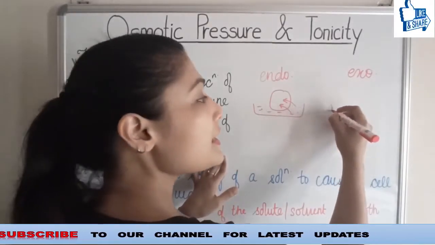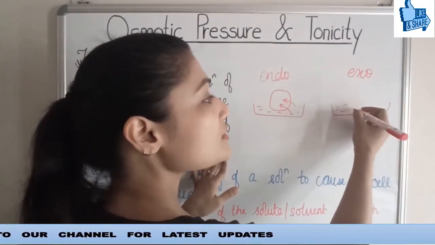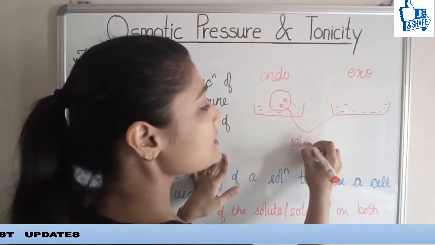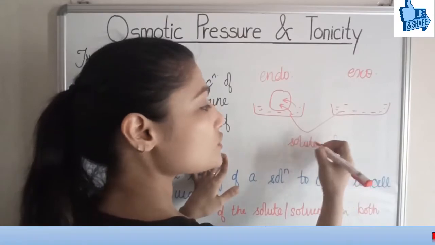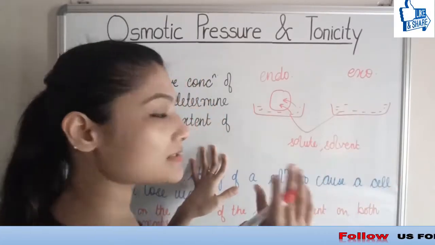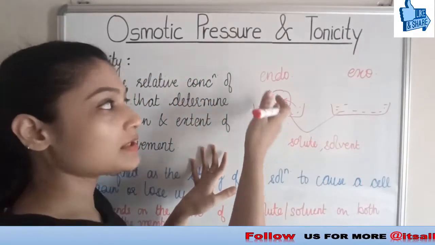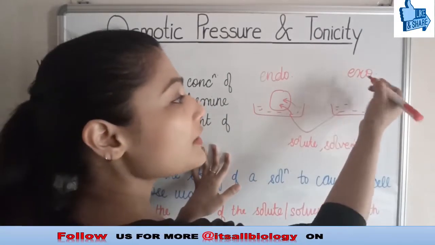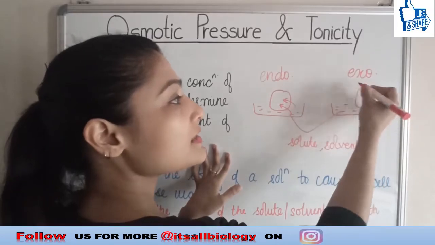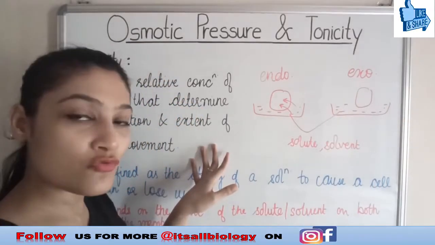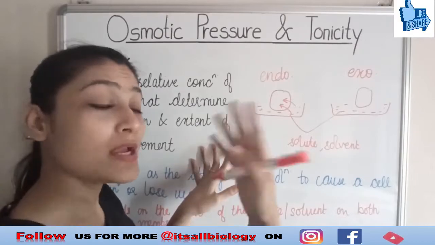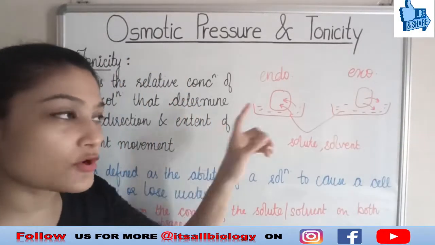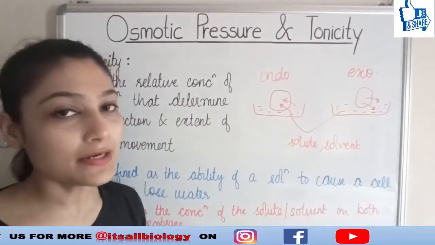One thing. In exoosmosis, same situation, some solution is there. Of course, if I am talking about solution, then it is going to be made up of both solute and solvent. Concentrations are going to be different in this case and in this case, but the solution has both the things. If I talk about exoosmosis, again there is a cell, but now the movement of solvent is going to be reversed. It is going to be in the outward direction, that is from the cell to the outside solution.